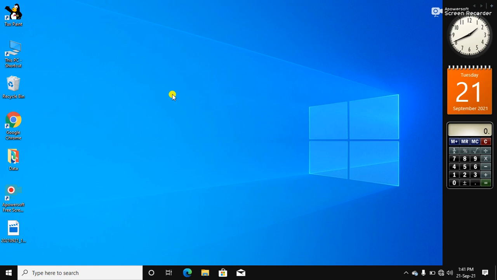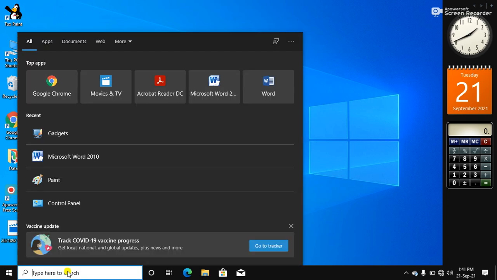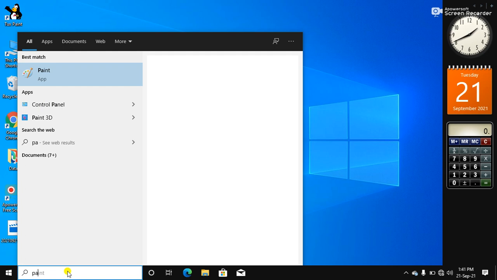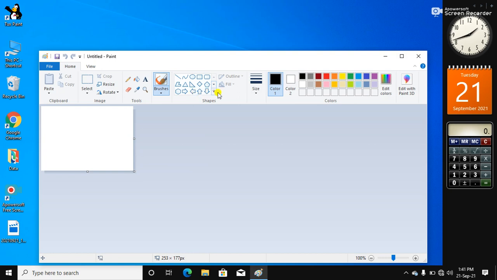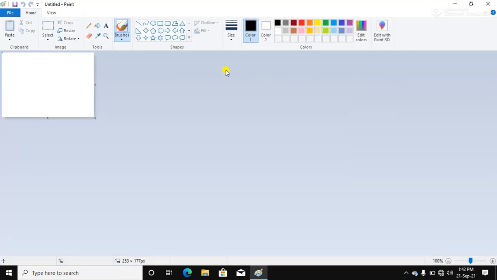Now where are the minimize, restore and close buttons? Suppose you are doing painting. I am opening Paint, type PAINT here and open it. So I will show you. What is the title of this Paint file?